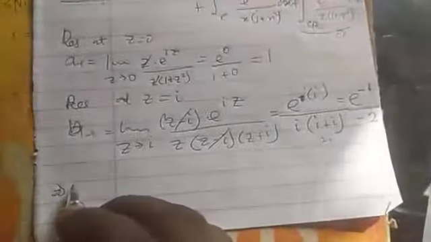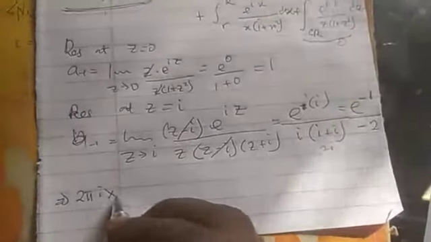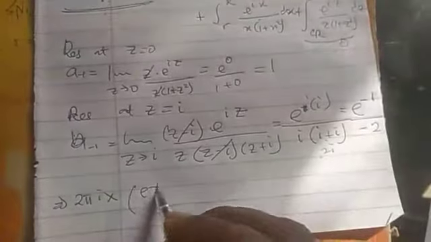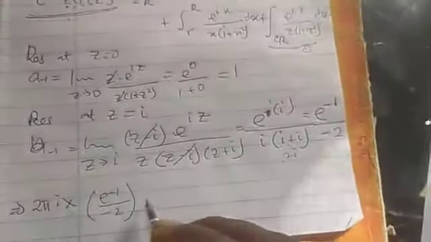Now let's integrate all this. 1, 2, 3, 4, 5. For this one, what we have is 2 pi i times the residue. This is the only residue there. Exponential minus 1 over minus 2. It will be equal to